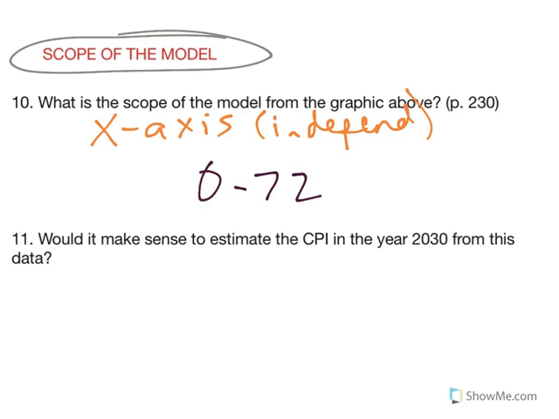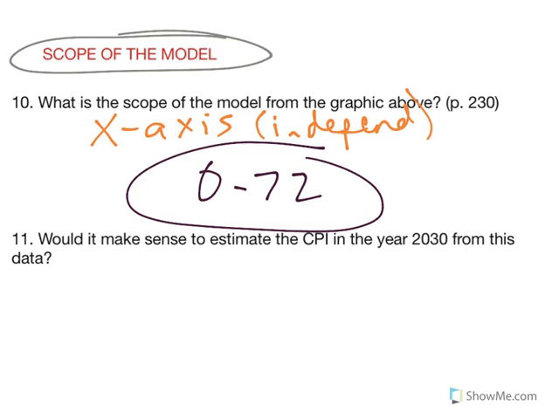They're very short-term predictions because too many things can happen when you get too far out. So we want to be pretty close. So I would say you're safe by saying the scope of the model is from 0 to 72. And notice that that matched the range of values for our independent variable there on page 1 of this